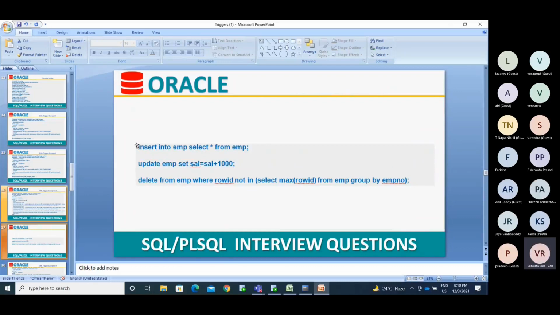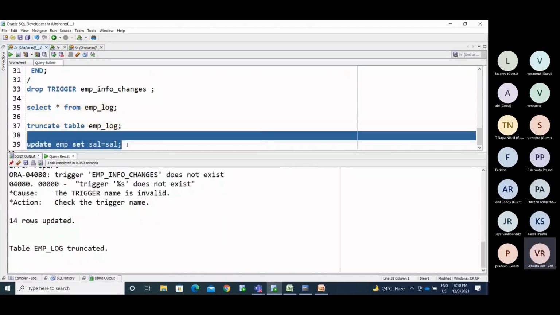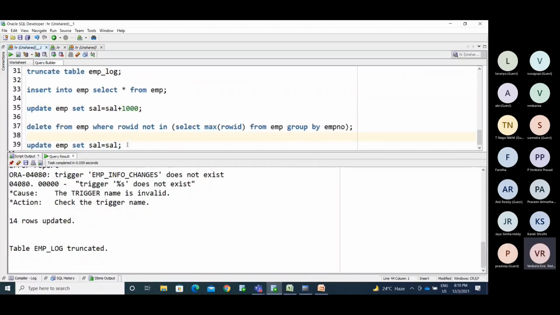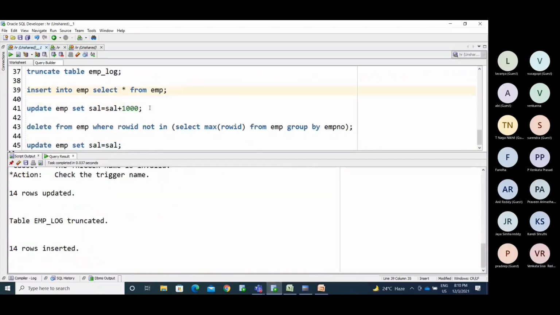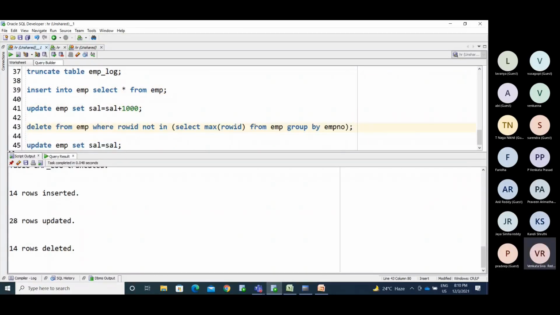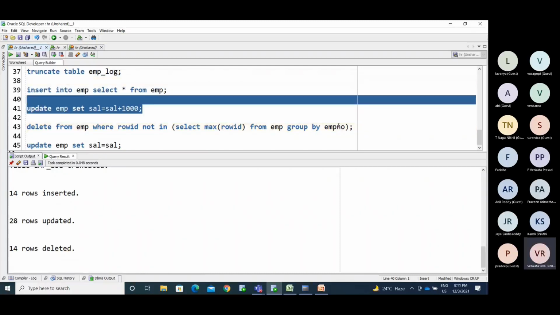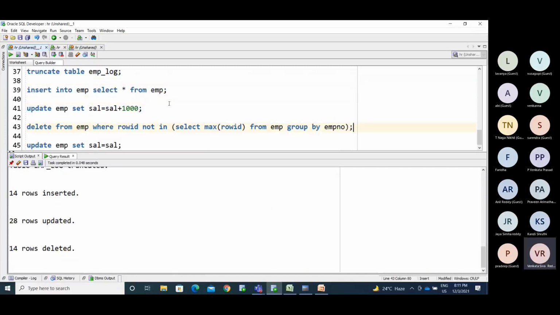Okay, so if we insert that, if you update that, you will get 3 records. I'm truncating the employee log information. So you will get 3 different things. So I inserted the duplicate records in the employee table and I updated that. And I am deleting the 14 duplicated records. So what is happening in the employee log table?